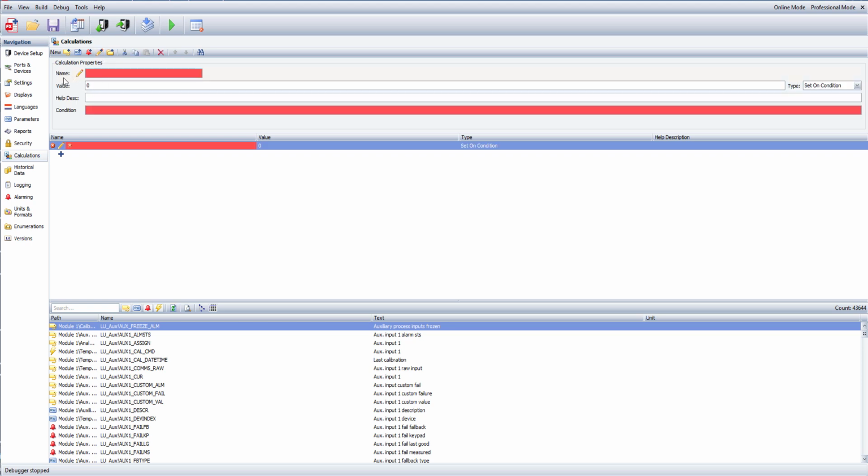And the first thing it's asking for in the name is, what is the tag I want to write to? And you can see on the right-hand side that it says we're going to set this on condition. So whenever this condition is true, we're going to go ahead and write to that value or the tag, and we'll write to it with the value that we have here. So I'm going to go ahead and I'm going to first of all look for the tag I need to